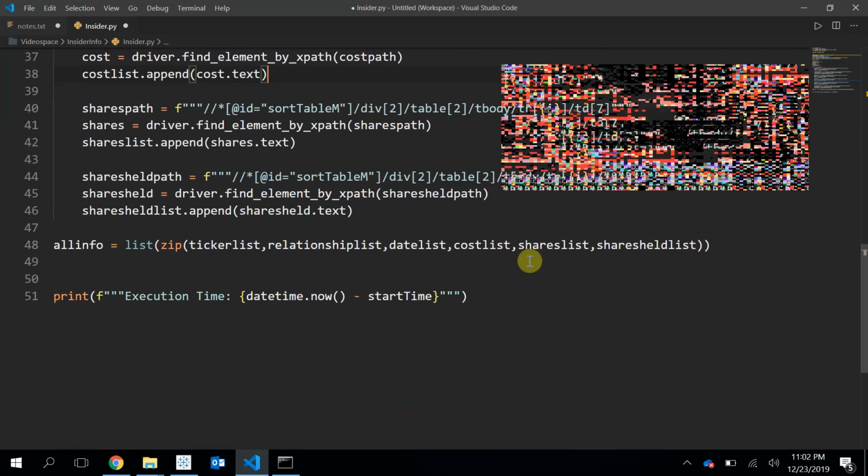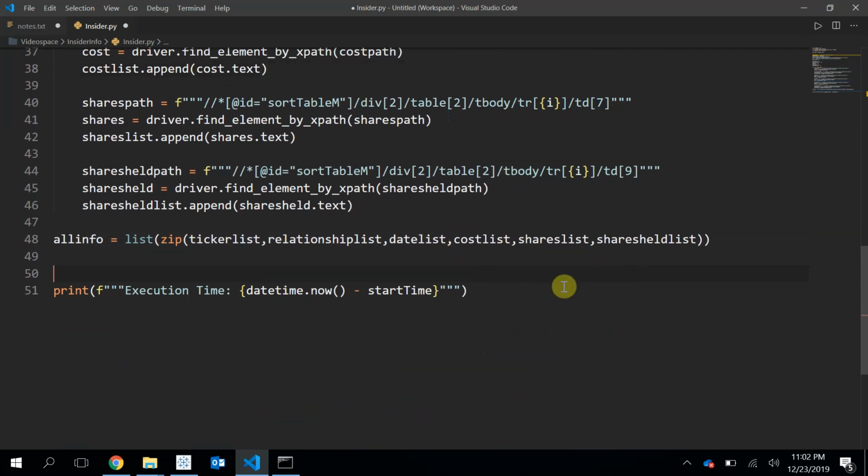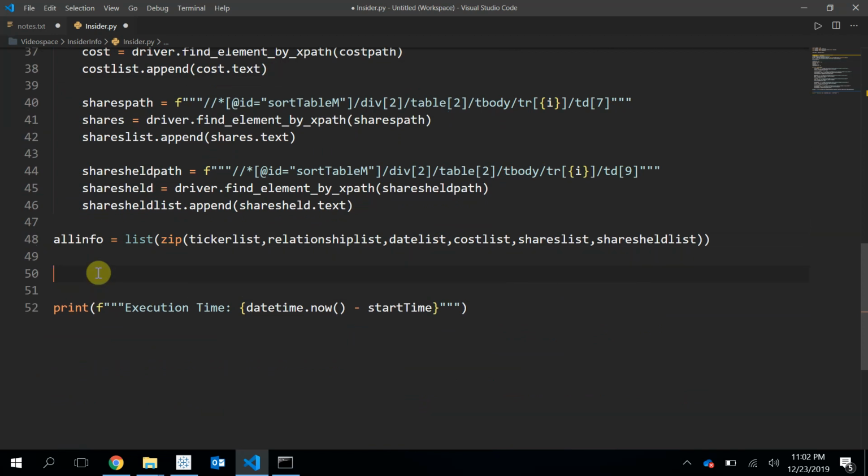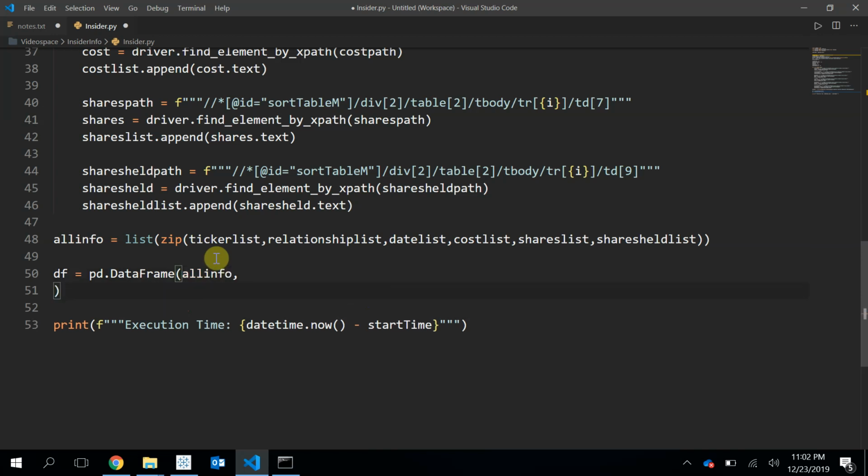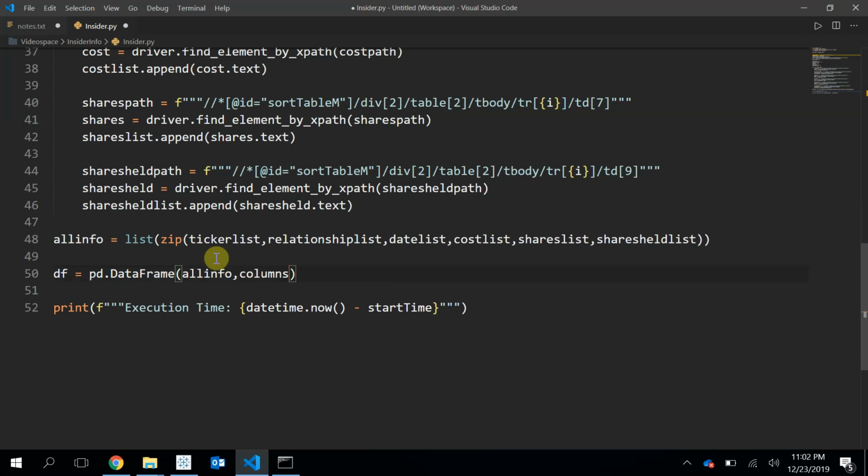Oh, what is that? That's strange. Okay, so now we're going to create a data frame, and we're going to call it df for data frame equals pd dot DataFrame. Wait, why is it not giving me pd dot? Okay, well it doesn't want to load them, but pd dot DataFrame, and then we're going to pass in our data, so all_info, and then we're going to pass in the columns of our data. So columns equals,